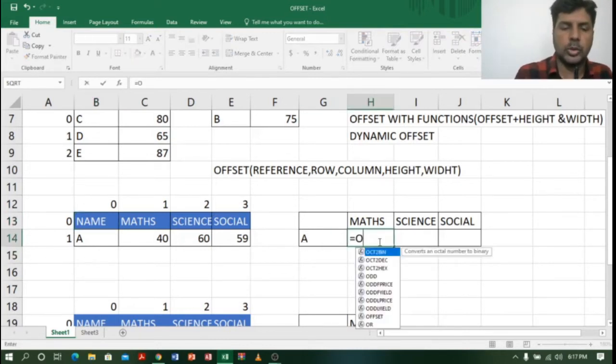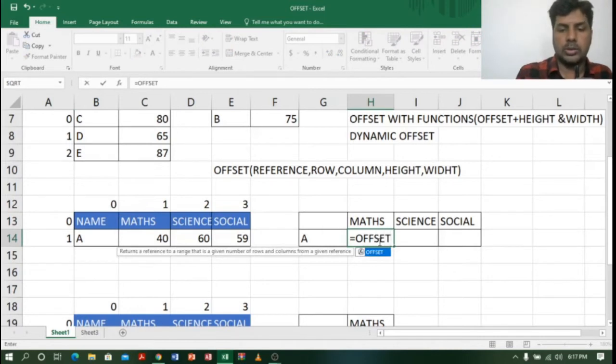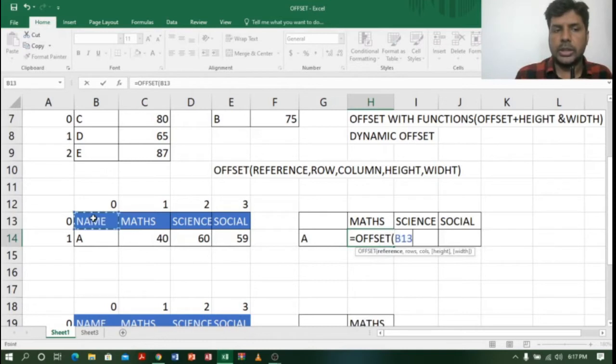So I'll type is equal to offset open bracket. So first reference. Again I will select B13, comma. Now I want the first row, right? So row, what is the row? 1, comma. Next, column, right? So where is the column? Max column. So 1, right?